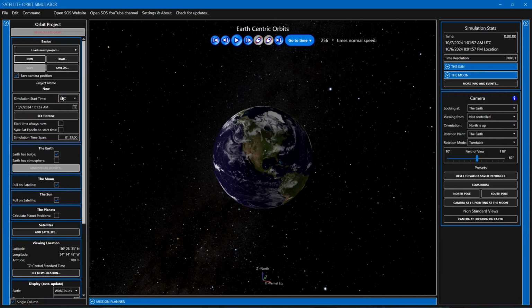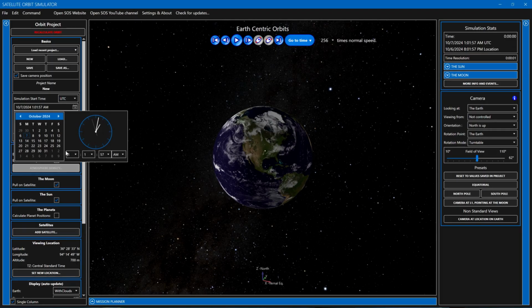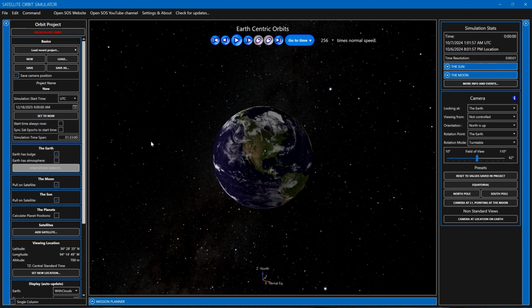Then set the simulation start time to December 18th, 2025 at 9 a.m. I'll wait while you type that in. OK, click outside the Date Time tool to close it. Next, check the Synchronize Epoch to Start Time checkbox. Now set the default simulation time span to 4 days and 12 hours, and then press the Tab key before